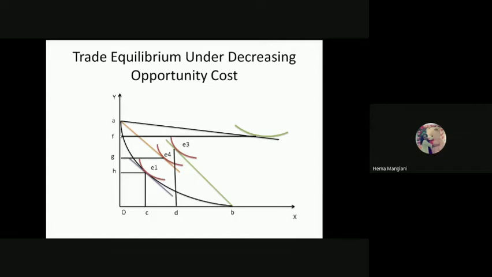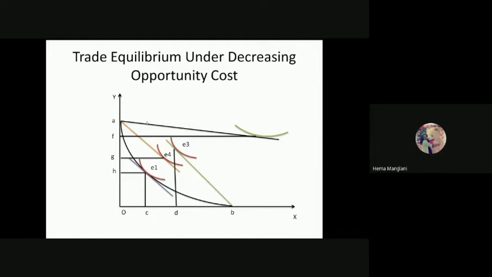Now you can see this triangle of exchange says what? By only offering this much of Y, you can get this much of X from the world economy. So you can see your gains from international trade. All of a sudden, when the prices are declining for the X commodity, you can shift from B to A, because shifting from A to B and B to A, both ways is giving you decreasing opportunity cost. So the country would take the decision of complete specialization entirely based on international prices.